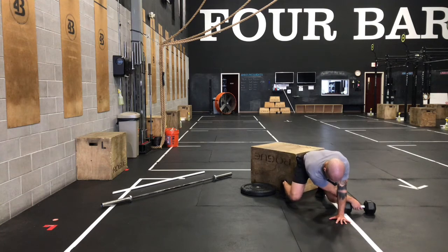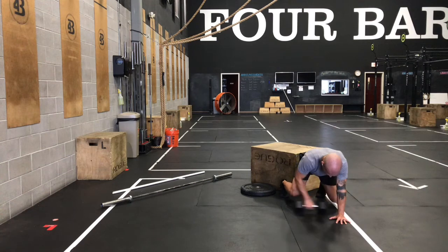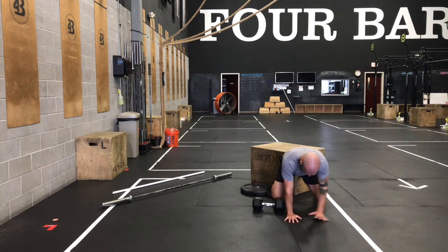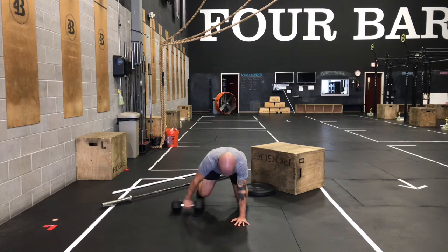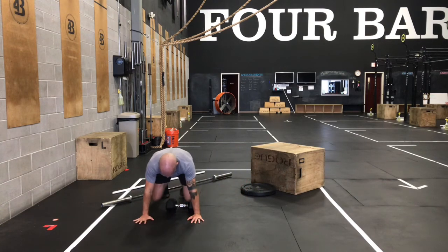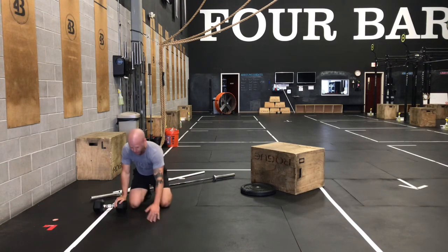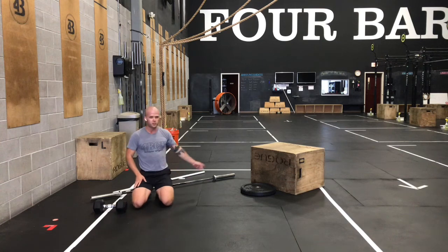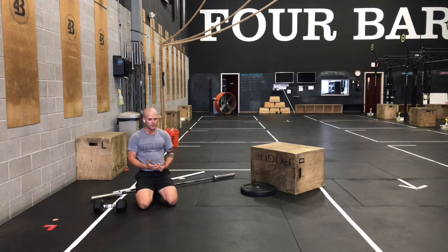As we reach across to drag, we don't want our hips to shift a lot. We want everything to stay flat, get it outside the line of the ribs, and it's a very small motion for that traverse. Reach through, drag, traverse, keeping that back flat, trying to keep those hips square to the ground throughout. 4 trips through these movements. Focus on moving slowly, keeping good technique. You should still have a little bit of time to rest in between those movements, since you're kicking off each new movement